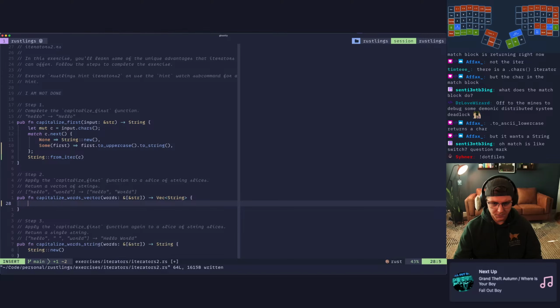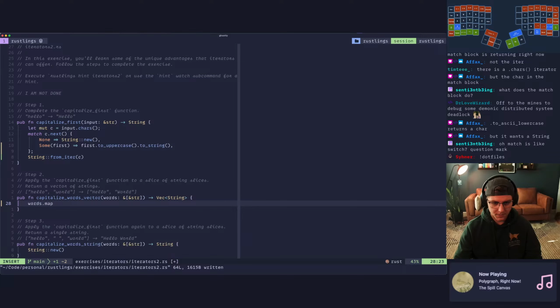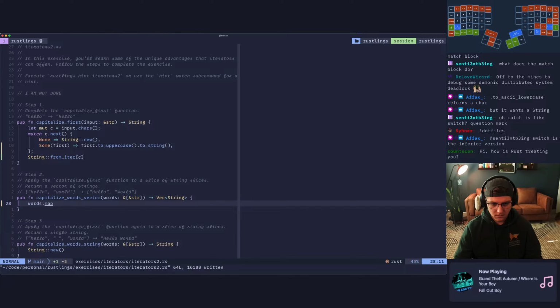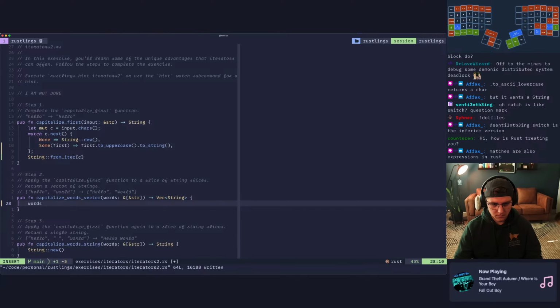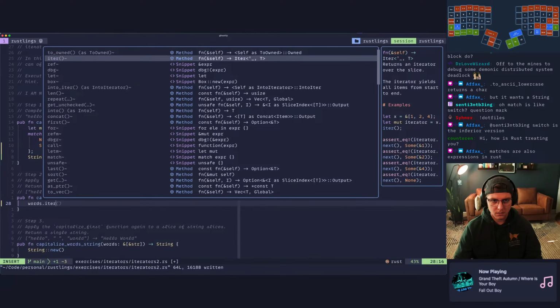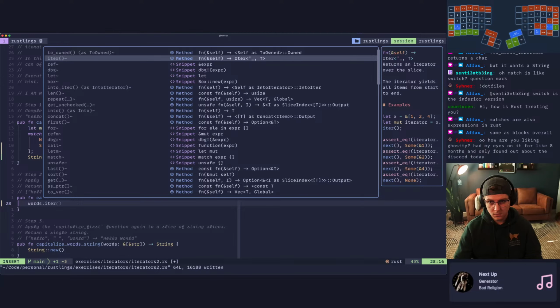Should be able to do something like words dot map. Can I not do that? Iter, that turns into a borrow into iter.